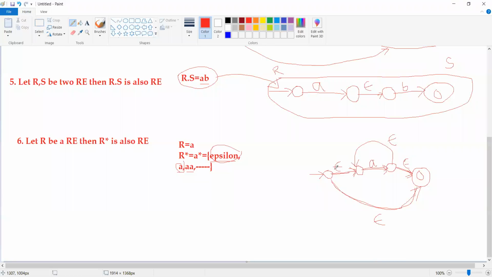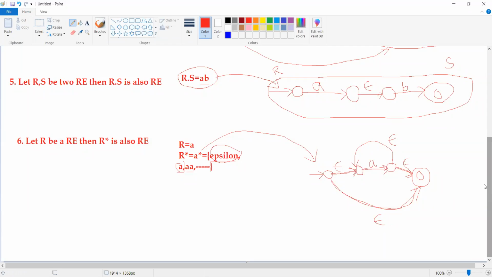First we will get epsilon, small a, epsilon, small a, epsilon. In the sense, AA is accepted, AAA will be accepted, 4 A's, 5 A's will be accepted. Yes. So like this, we construct the corresponding finite automata for the Kleene closure operation. This is the equivalent finite automata for the Kleene closure operation.